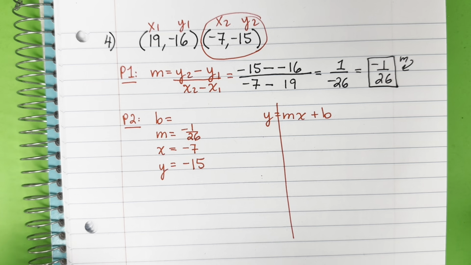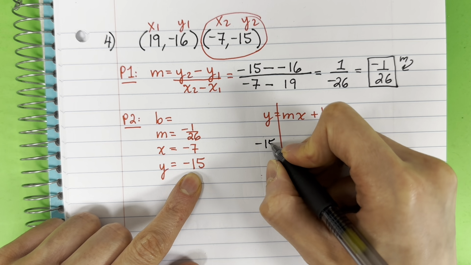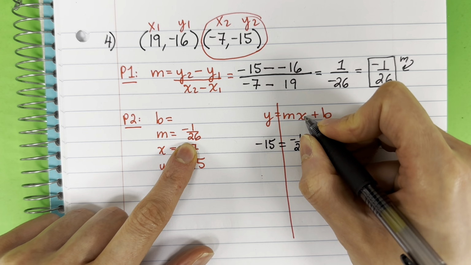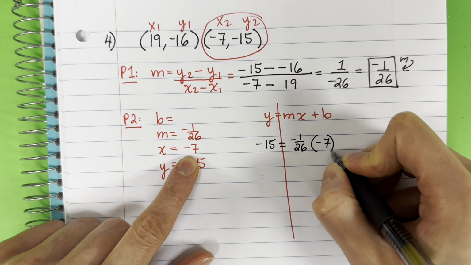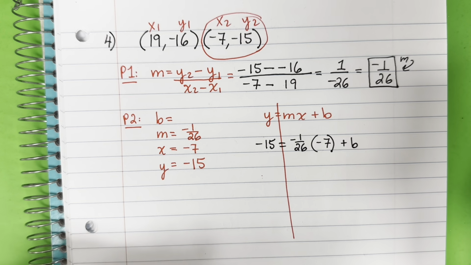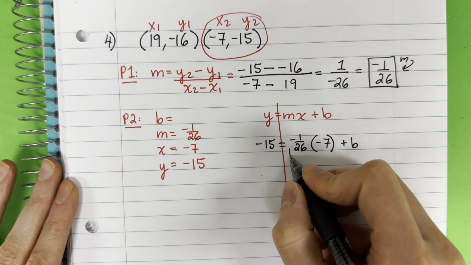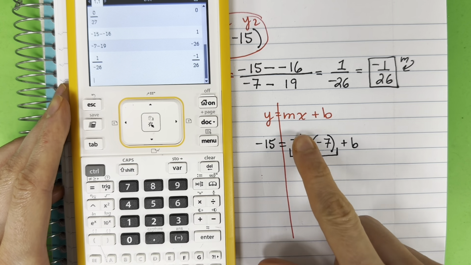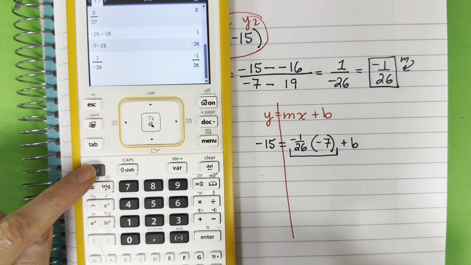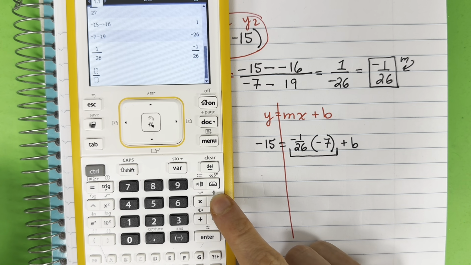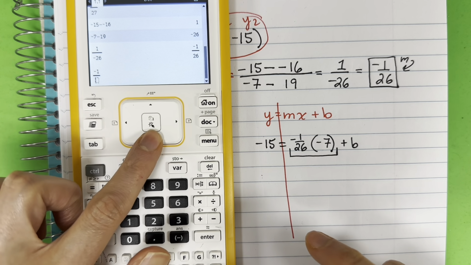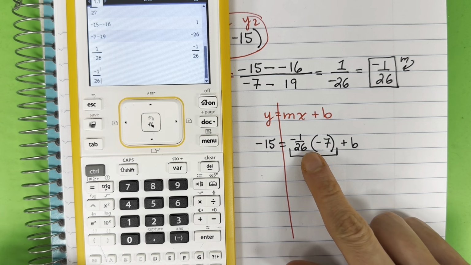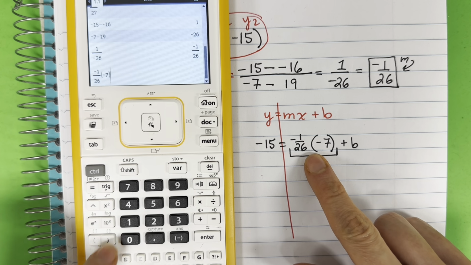All right, let's find y. Y is negative 15 equals m is negative 1/26. X is negative 7 in parentheses. Copy plus b. Parenthesis first. This part. So grab your calculator. All right, let me show you how to do this one. So to make a fraction, you're going to do control, divide, negative 1, go down 26, go to the right to exit out of the fraction. Open your parenthesis, negative 7, close, push enter,